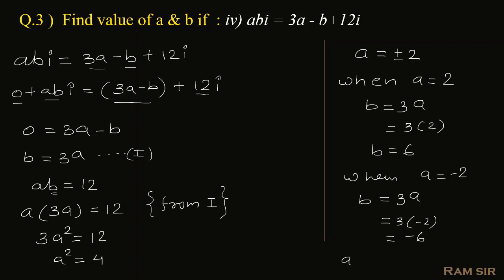So a has two values, that is plus minus 2, and b also we have the same, again two values, which is plus minus 6. That means when a is positive, here we are getting b also positive, and when a is negative, we are getting b also negative. So these are the two possible values we are getting for a and two possible values for b. So very important, it's not a linear equation, it's a type of quadratic equation you can write down. So important one. Let's discuss one more.